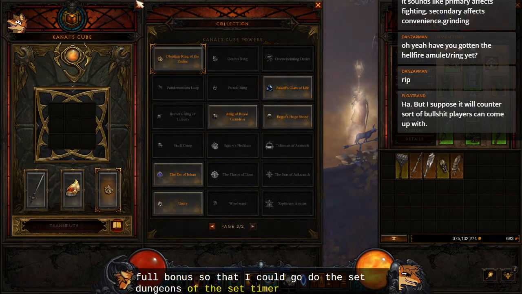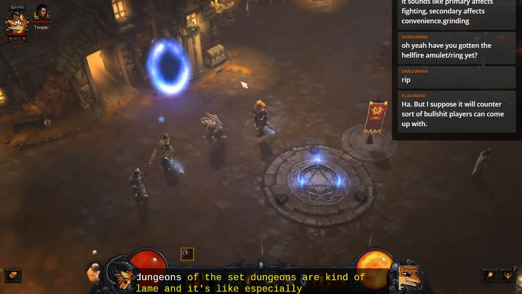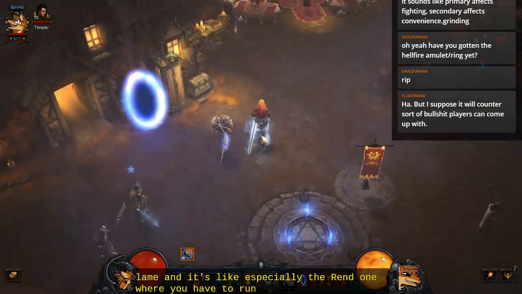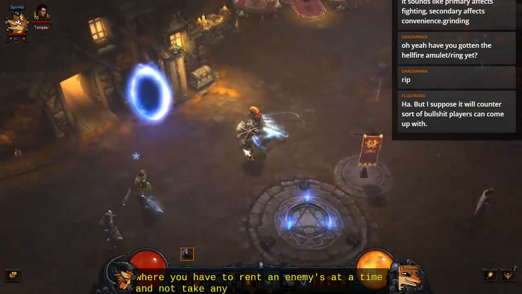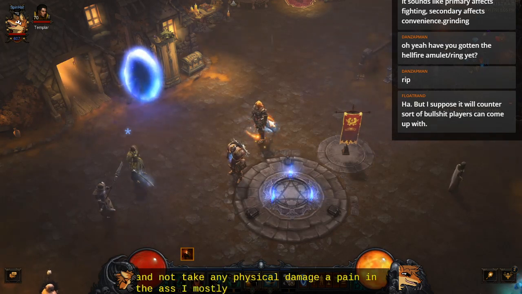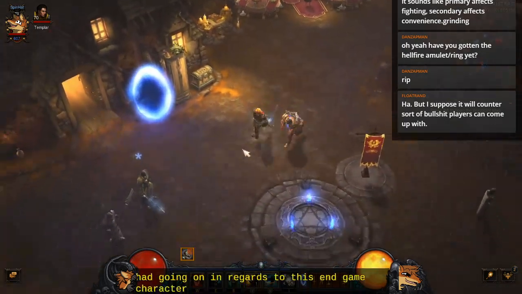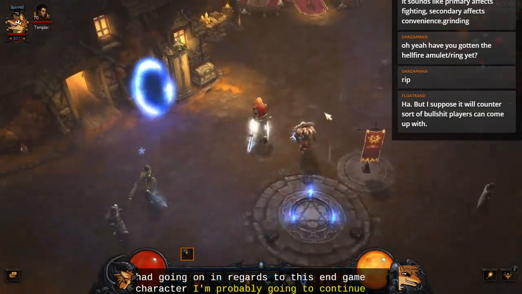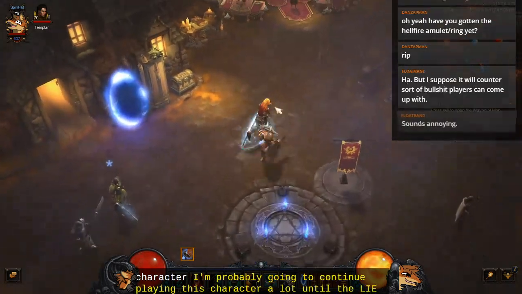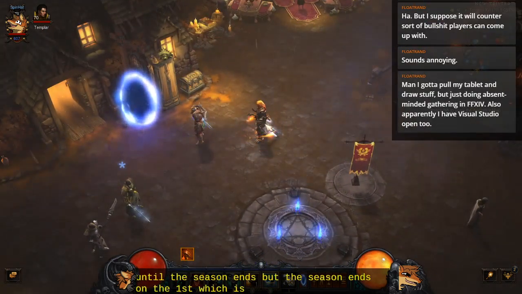But the set dungeons are kinda lame, especially the Rend one, where you have to rend 10 enemies at a time and not take any physical damage. It's a pain in the ass. I mostly just wanted to show what I had going on in regards to this endgame character. I'm probably going to continue playing this character a lot until the season ends, but the season ends on the 1st, which is Sunday, so...